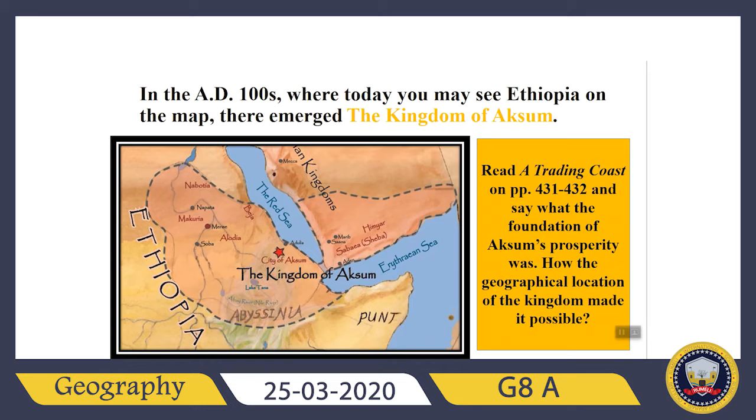So, I guess you're done reading. Now, what was the base, what was the foundation of Aksum's prosperity? Yes, it was trade. They were selling, they were buying, they were sending merchants to different parts of the countries and continents around them, and the geographical location of this kingdom made it possible to trade